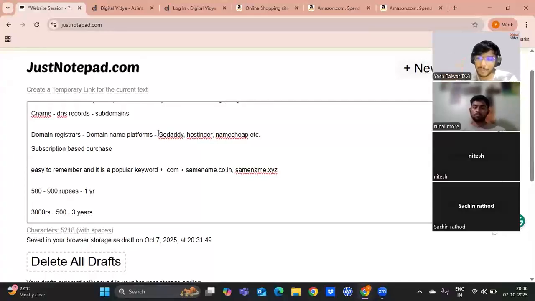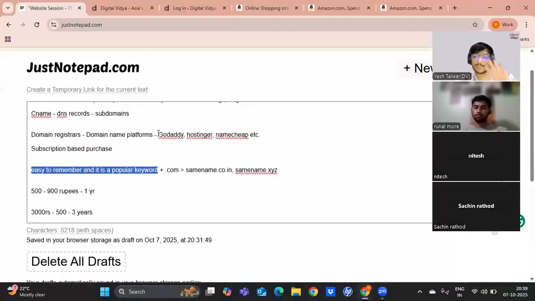If it is very easy to remember and it is a very popular keyword, so anything that people are searching for on Google, that is a popular keyword, right? If it's searched in high volumes, it becomes a popular keyword.